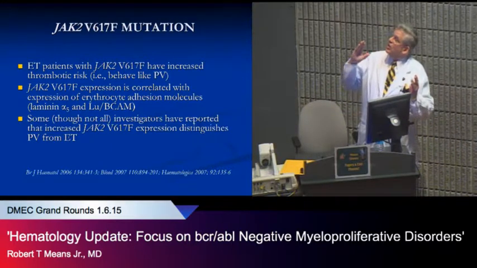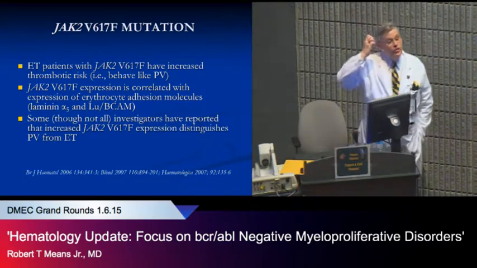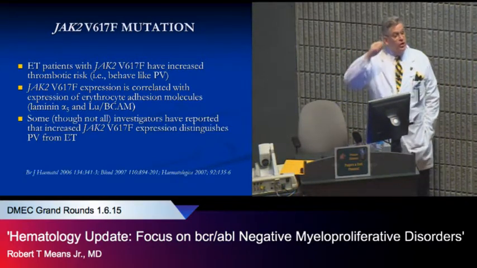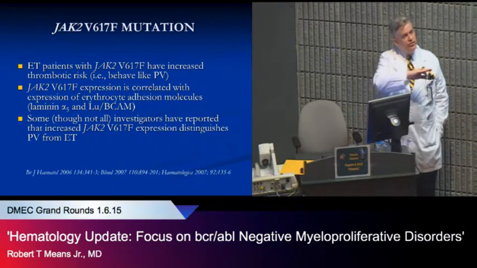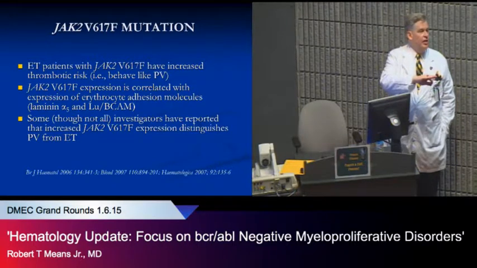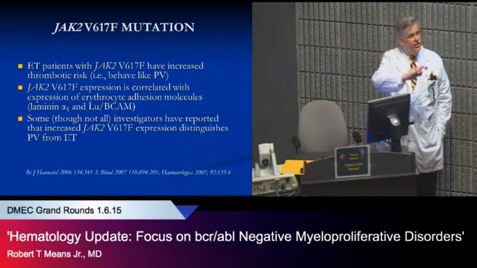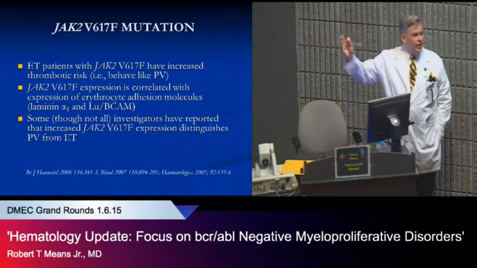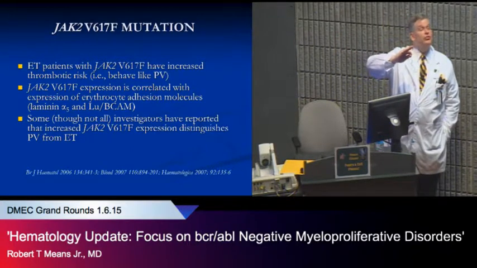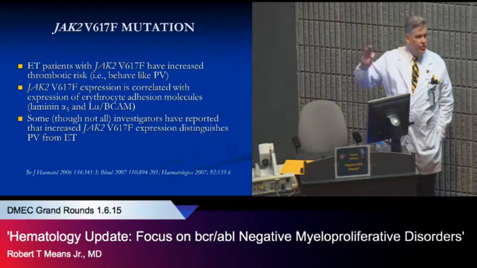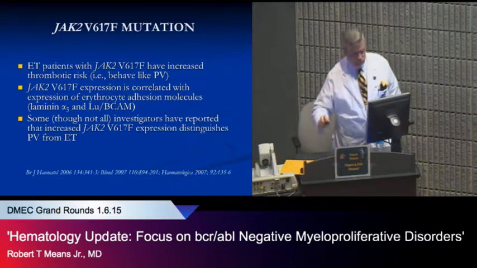And it is argued, and this continues to be argued back and forth, whether the amount of abnormal alleles of JAK2 predicts your risk of thrombosis and distinguishes polycythemia vera from essential thrombocythemia. There is a lot of literature which suggests that the two are separated by the allele burden. There's recently been some debate in the last year or two as to how valid that is, but it's probably generally true.